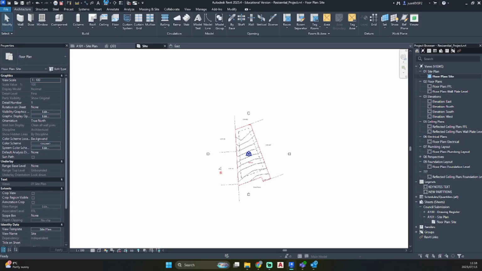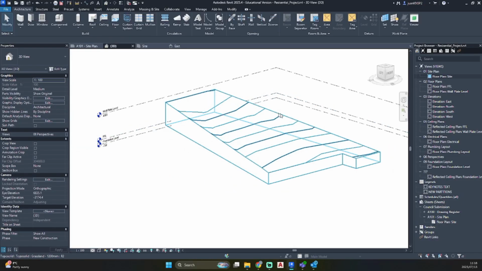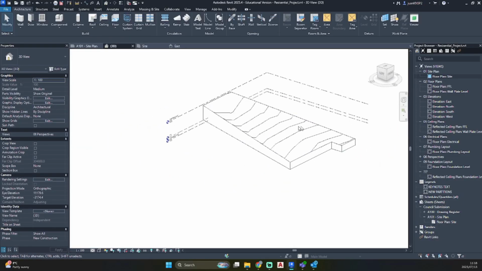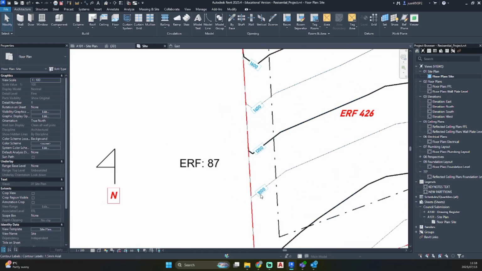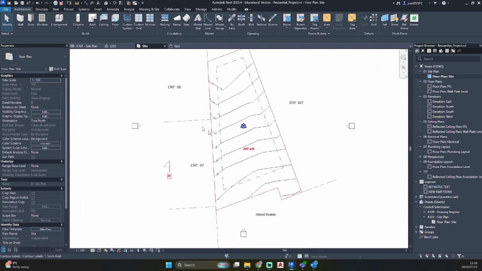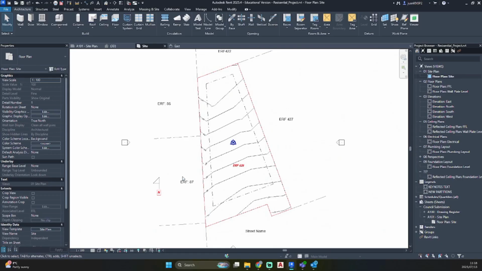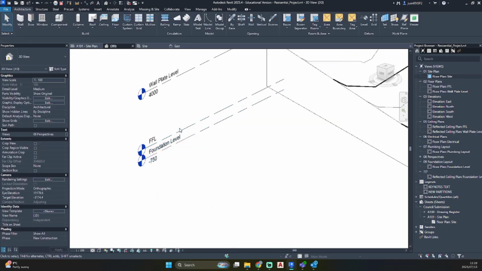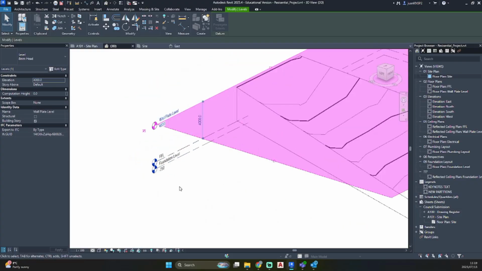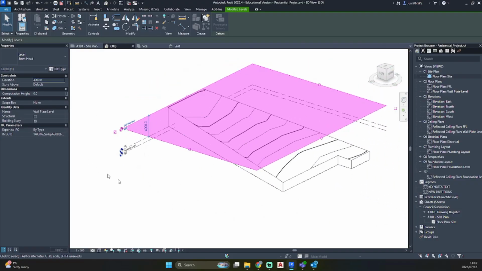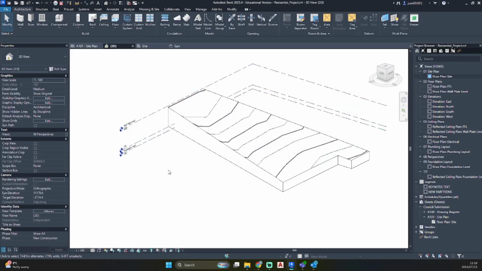Okay, so let's see what we have created the last couple of sessions. Your site should look like this with the contours, and we have annotated our contours with the text, the surrounding properties, and with our property being labeled in the middle. So what we're going to do now is adjust our levels. You can see that we currently have 3 levels within our project, and we would like to add more and adjust the levels accordingly.